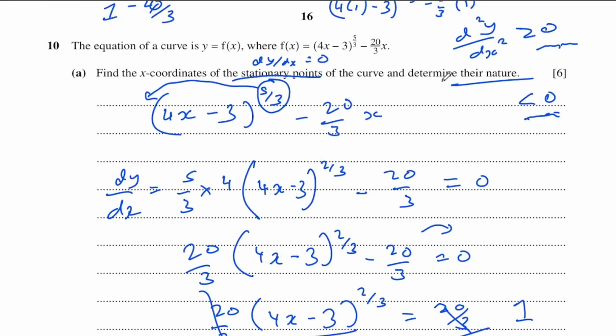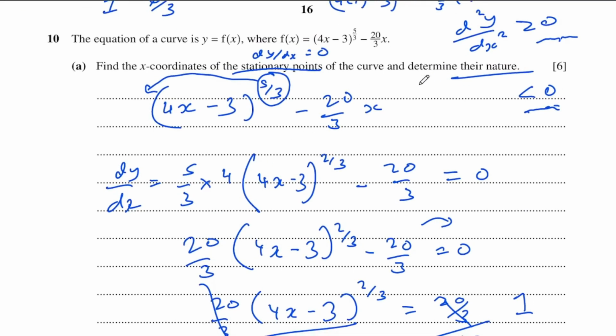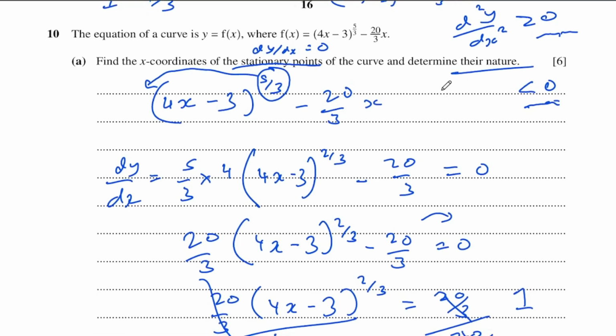Then you want to determine the nature of that point. So in order to find the nature of that point, we need to find the second derivative, and we would find the second derivative how? By doing second